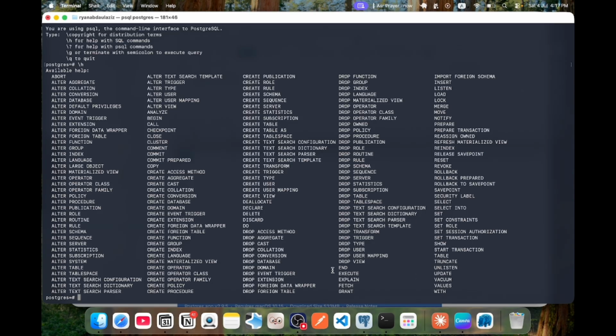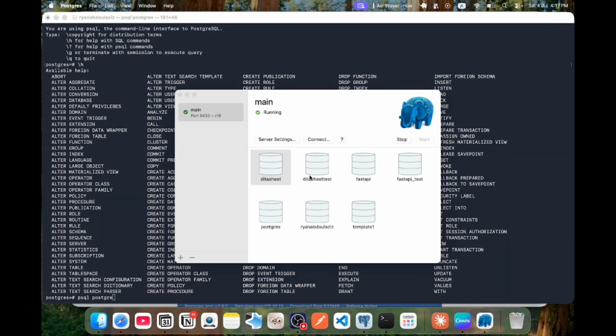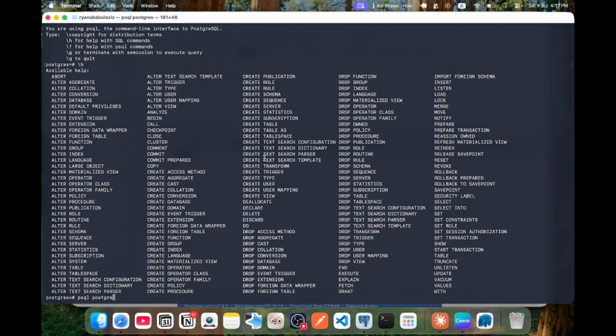But for now, I want to show you that we are not actually on the right port. When I hit psql postgres this way, we are directed to the most famous address, the most famous restaurant, the most famous branch, okay, which is the port 5432. But actually my databases are not located in this famous one. I'm located in 5433. So how the heck can I go there? Well, we can simply do something, but let me first